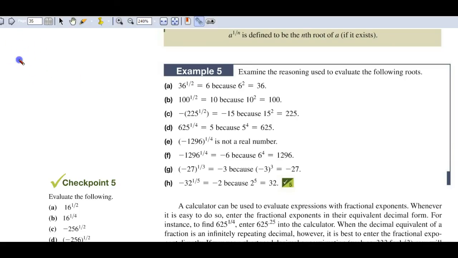So we have 36 to the 1/2 power, which is the square root of 36, which is 6. And we can just look at this. The square root of 100 is 10. Now, keep in mind, this is a negative